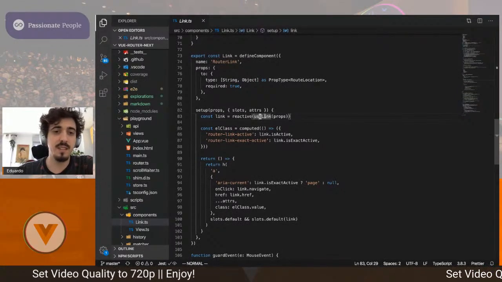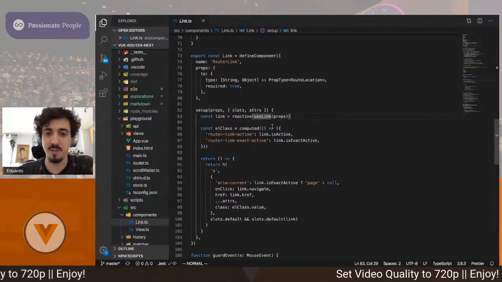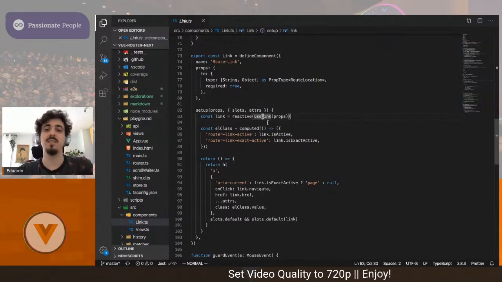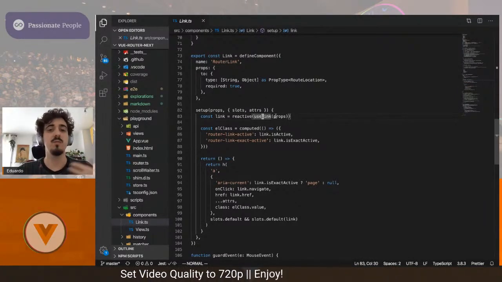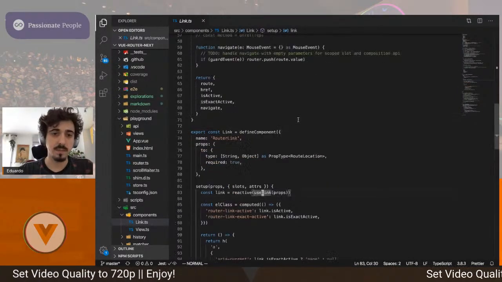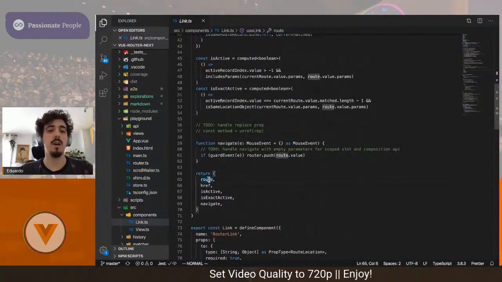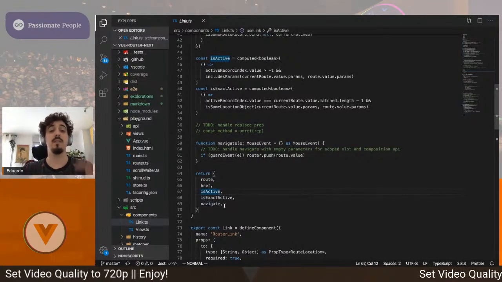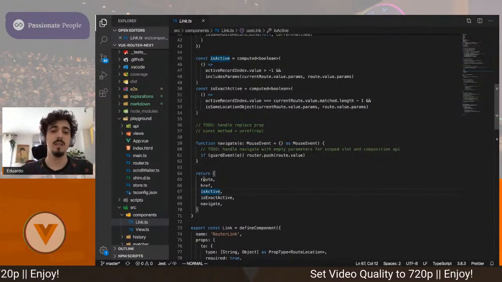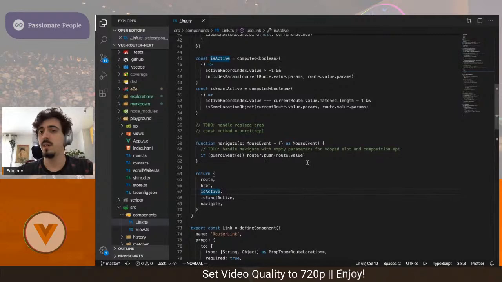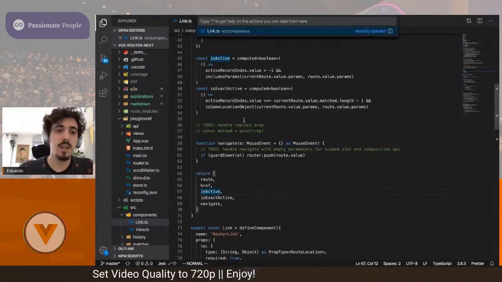There is a useLink function here that receives pretty much the same as a router link and contains everything you want, and at the end returns you the route, the href, navigate. So basically everything you can see through a vSlot is achievable here through a function.